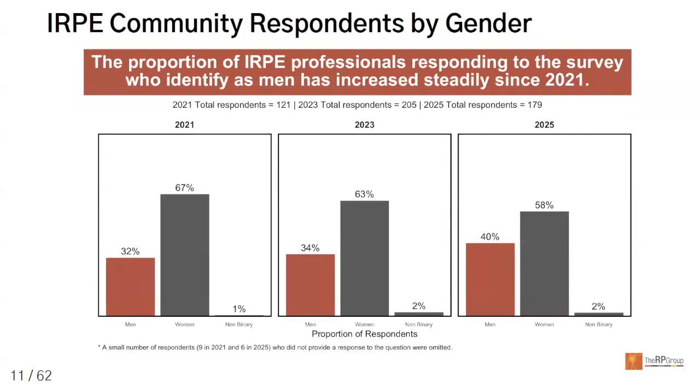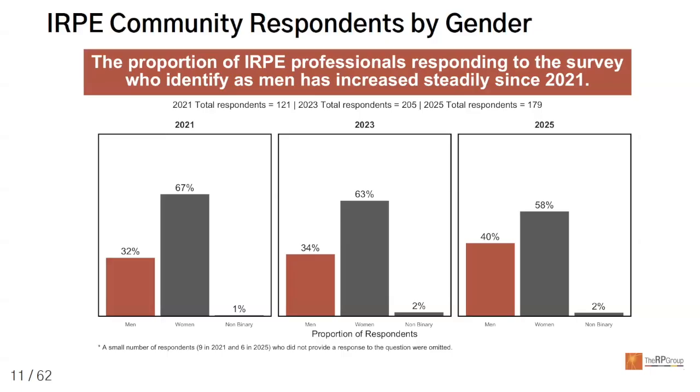Now, we also have here the breakdown by gender. So you're going to see this breakdown each time. And then we have three here again, the 3 years. We have men, women, and non-binary. And so the overall piece of responding to this one is that those who identify as men has increased steadily